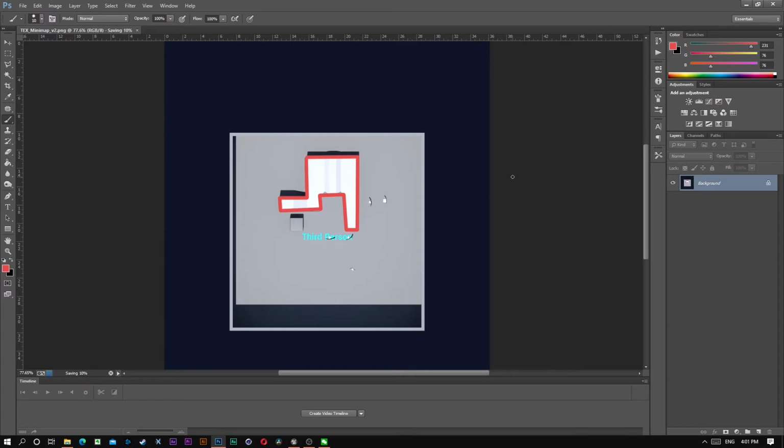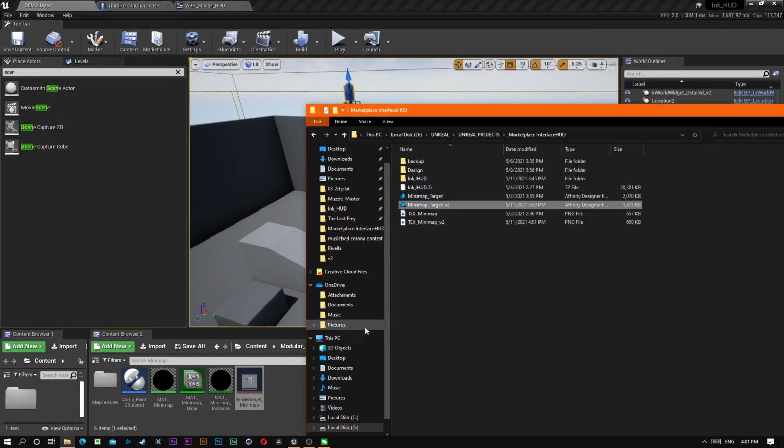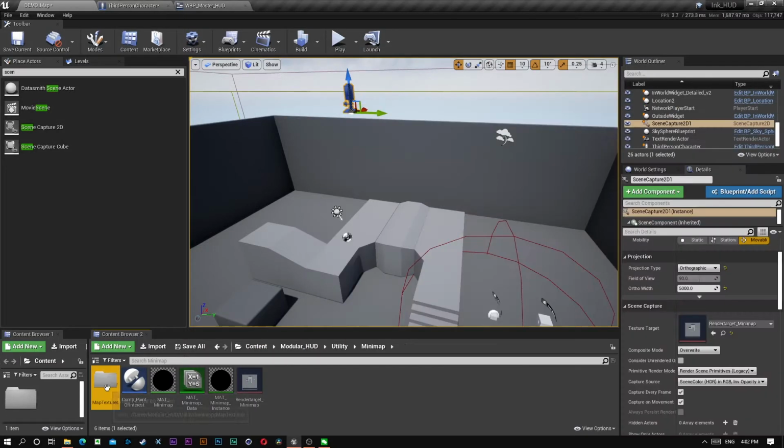Now it takes a bit to save. Longer than I thought. Okay, now it's saved. And now all you do is you go here. I have created a folder for you. It's advisable to always save your maps into this folder so you always know where